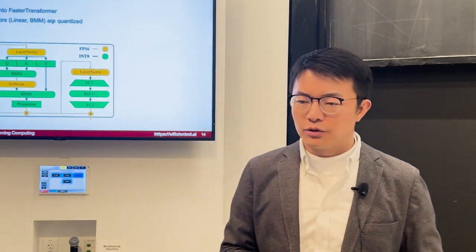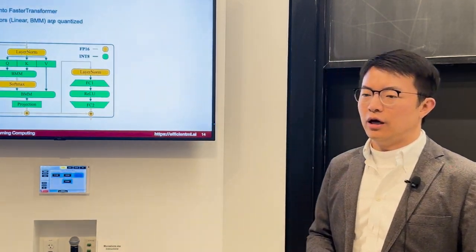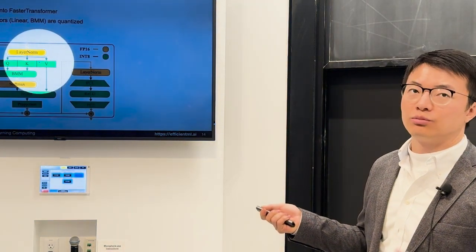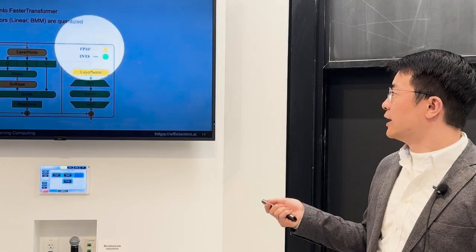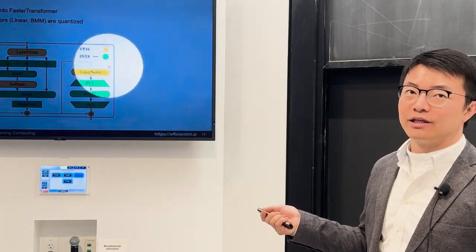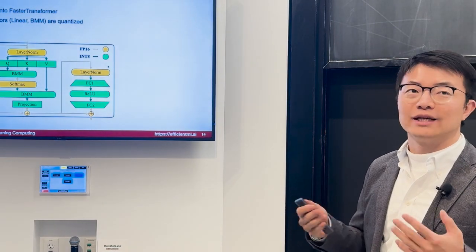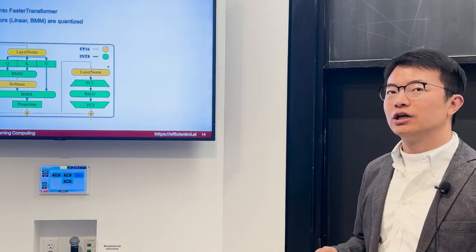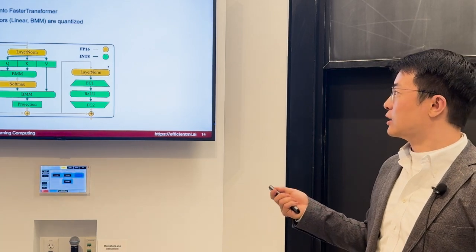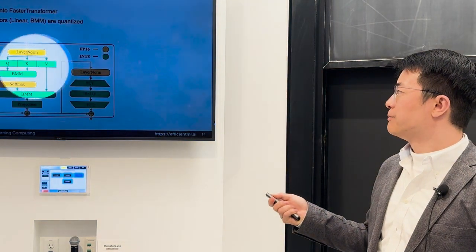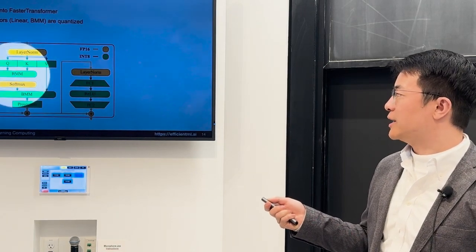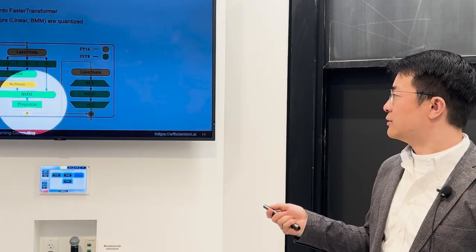Okay, so we integrated SmoothQuant into FasterTransformer. This is the precision flow, the precision of each compute node. The yellow one is at FP16, the green one is int8. We want to have all the compute intensive operations, like linear operations and batch matrix multiplication, done in a quantized manner. So these green parts are all quantized, like QKV, BMM, another BMM for the attention,